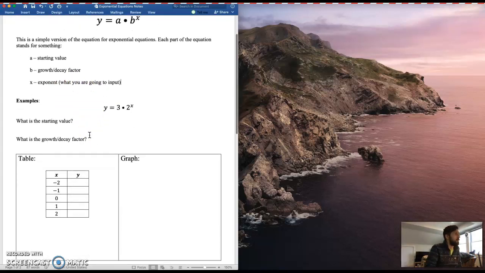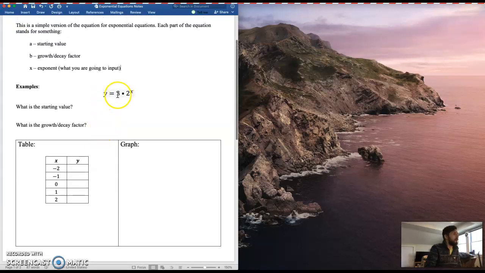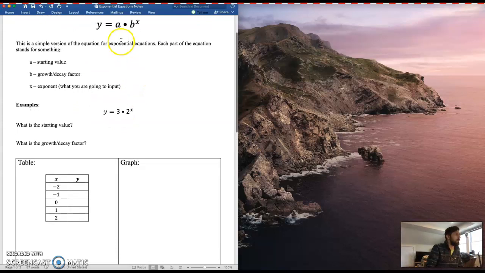So let's go over some examples. For this first example, we're going to have y equals 3 times 2 to the x. So what is the starting value on that? Well, the starting value refers to that a. So in this example, the starting value is 3. And what is the growth or decay factor? Well, that's going to be a 2. That's what that refers to. And so we're going to go through and fill out this table. You're going to have to plug these numbers into this variable. So the first example is going to look like,